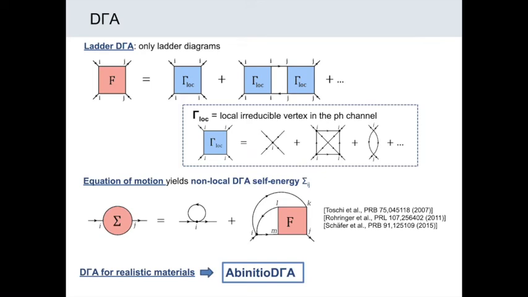And then from this full vertex function, you can use it in the Schwinger-Dyson equation of motion. That's what you can see here now. And from that, you can get the ab-initio-DΓA self-energy. And that one is now not local anymore, like in DMFT, but it's a non-local object, and it contains also